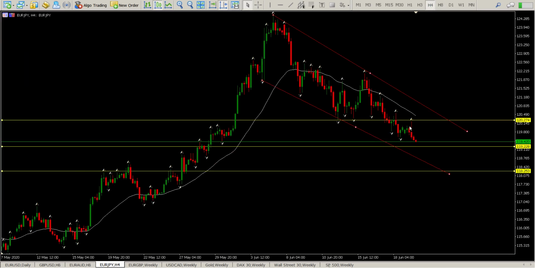So you can see we have had this pullback onto that area, and I'd just be very wary. I wouldn't want to be selling down here. I want to be selling up here for a move into this area. So you're probably going to find opportunity to sell into this area. It'll bounce up, probably another opportunity to sell. If it breaks through, then you've got an opportunity to aim for